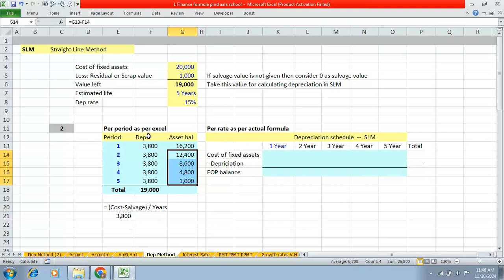And here we'll be able to find the value of the asset at the end of the period is 1000. Why does it come to 1000 at the end of the fifth period? Because the scrap value is 1000. Although we took the cost of fixed asset as 20,000, the depreciation will be calculated on the value after residual value. We will be anchoring it